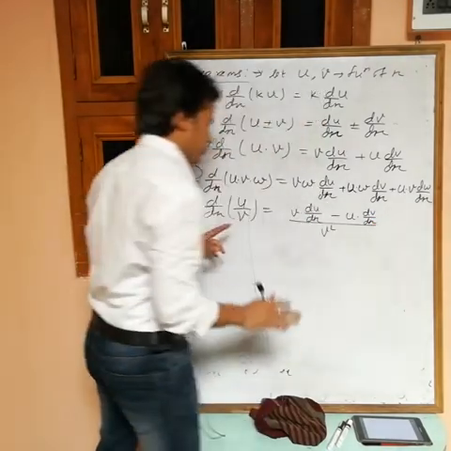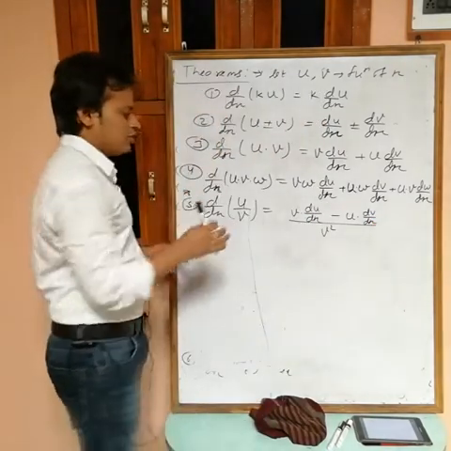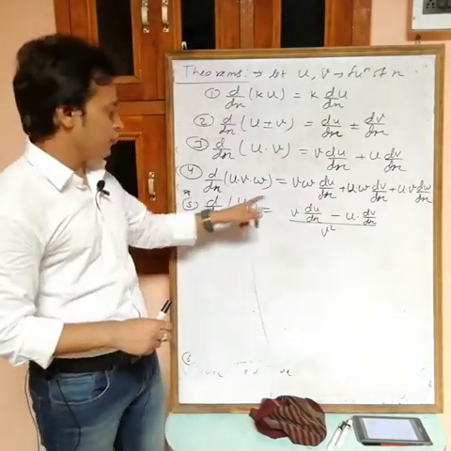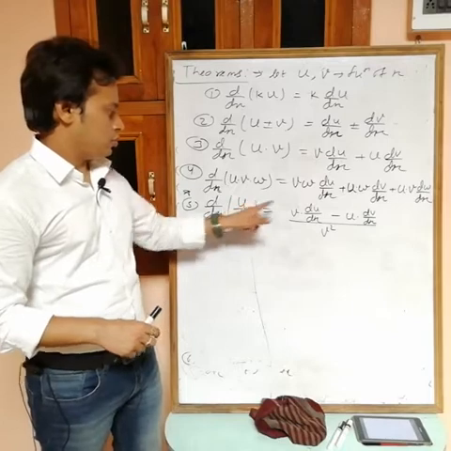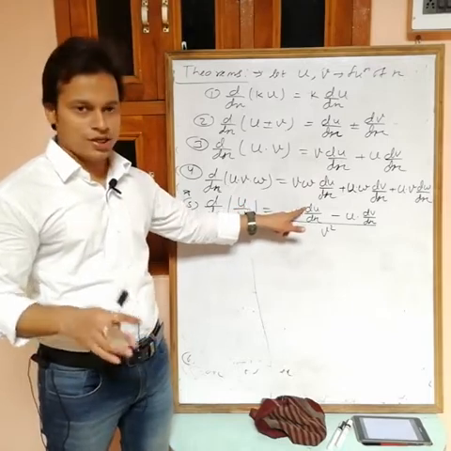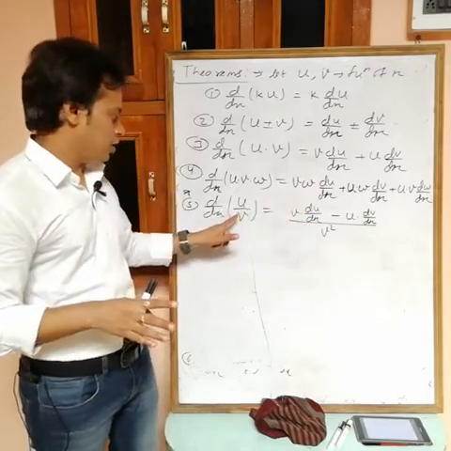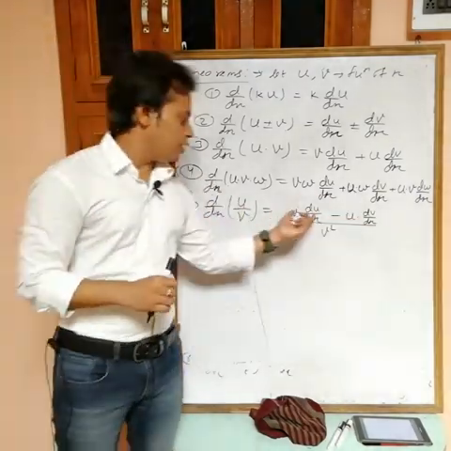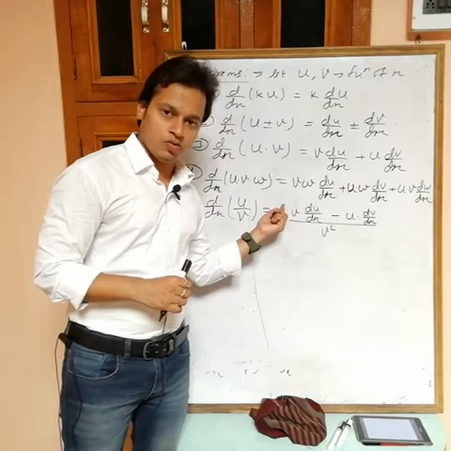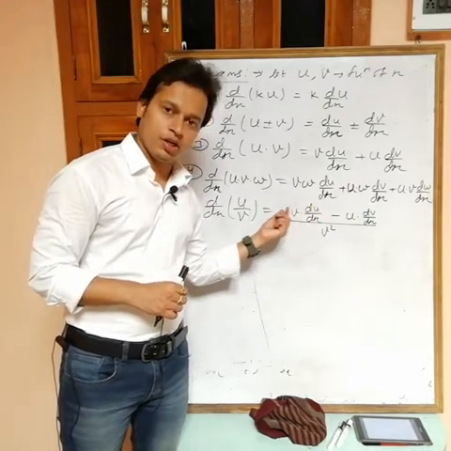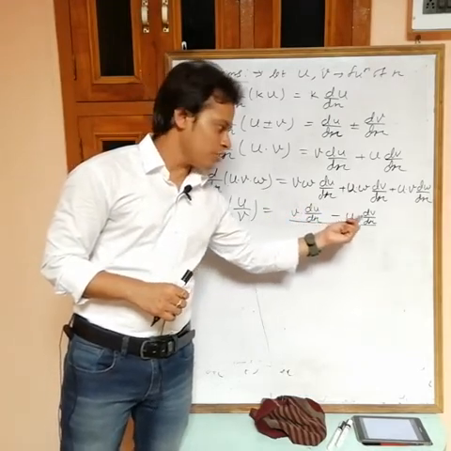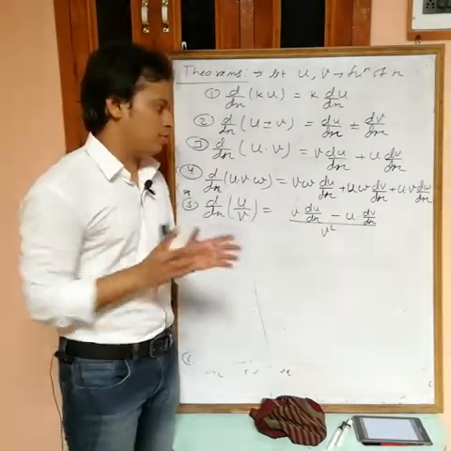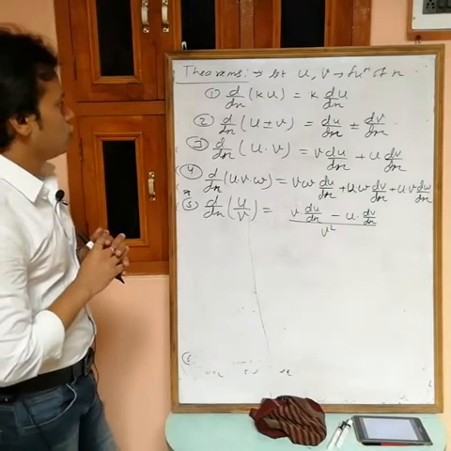This is the formula. Okay? And remember this one. In the numerator we have first the differentiation of the numerator. In the first term we have du by dx, the differentiation of the numerator, and the differentiation of v in the second term. So here it means differentiation of the numerator into the denominator, minus differentiation of the denominator into the numerator, and in the denominator we have the square of the denominator. Okay, so these are the theorems.